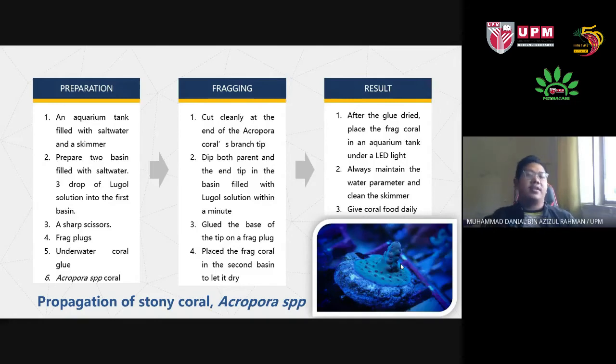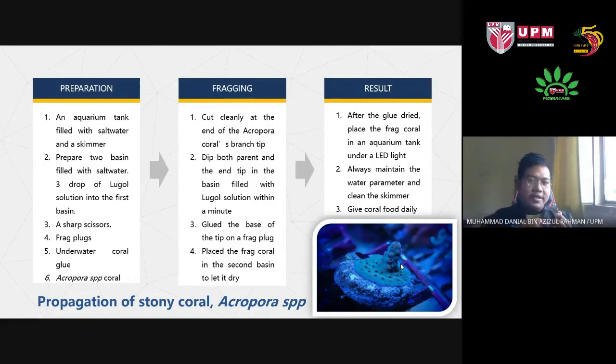The next step is fragging. Fragging is the method to cut, to frag, to propagate the coral. So we're going to take the coral and use a scissor to cut slowly at the branch tip of the coral, about 1 centimeter. When you have the part that has been cut and the parent, you place it into the Lugol solution and wait for a minute. After a minute, you take the cut part of the coral, the branch tip, and